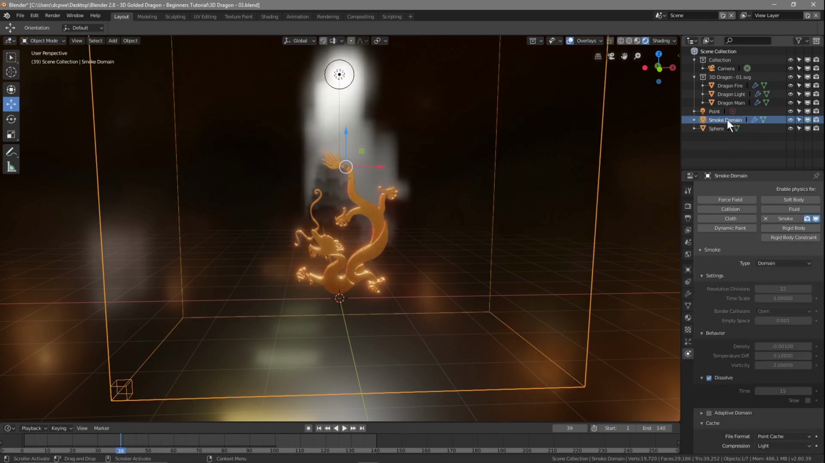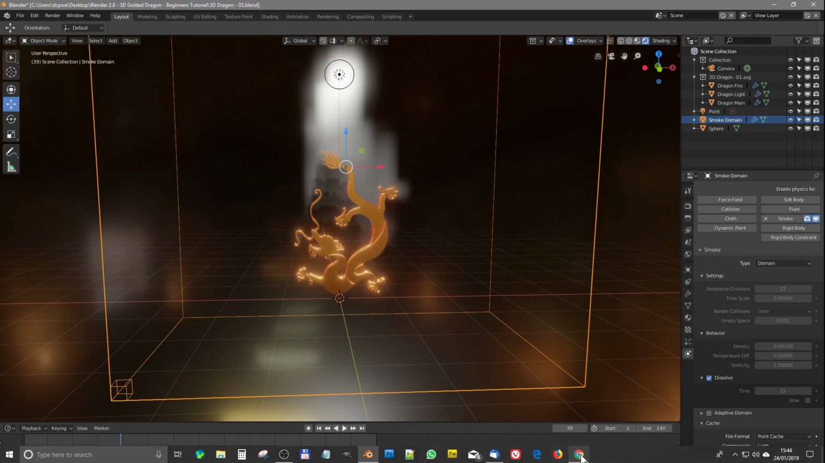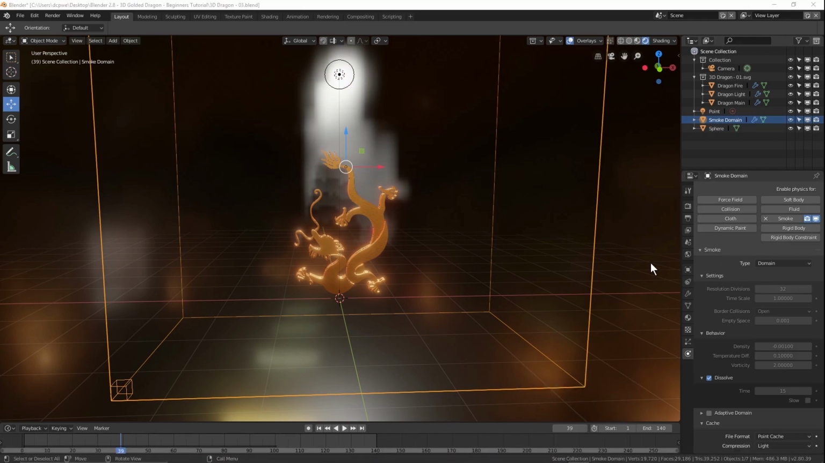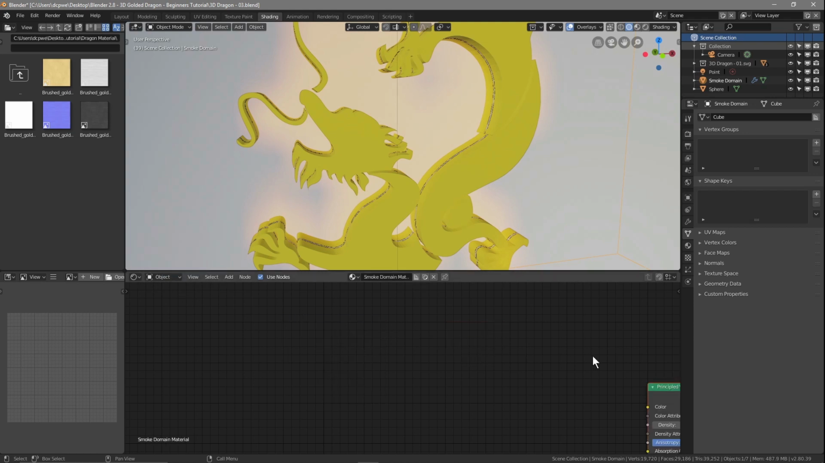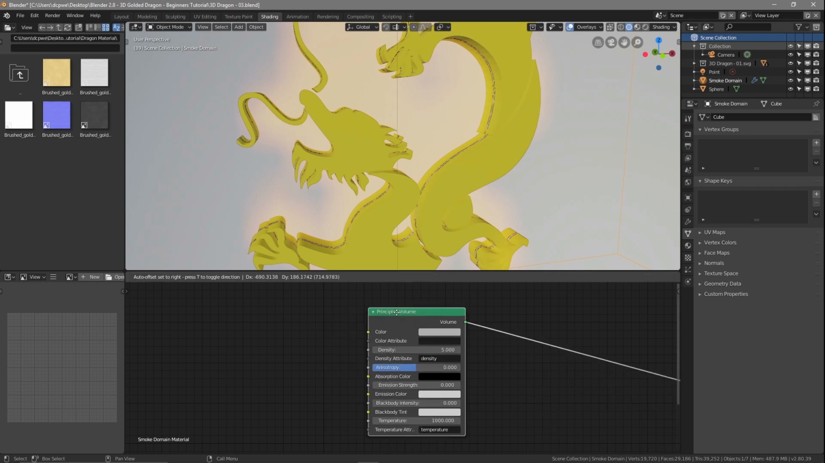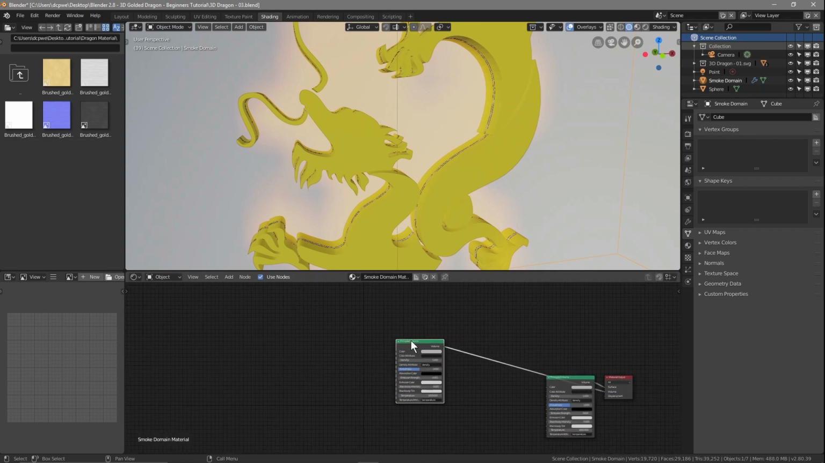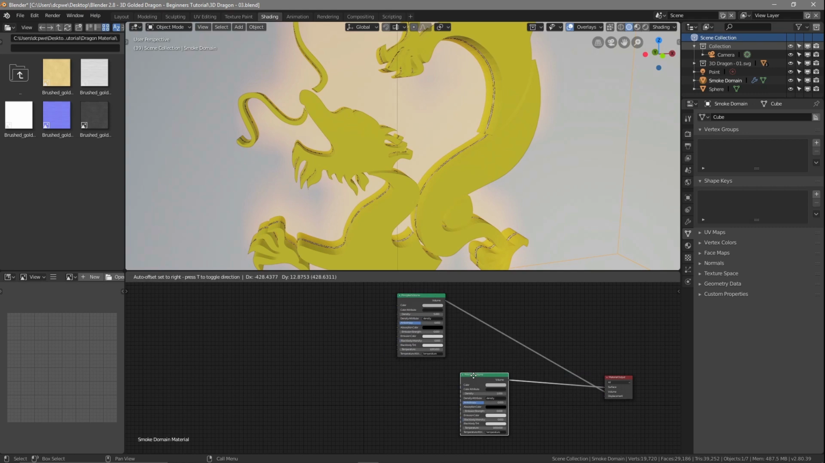So let's click on the smoke domain here. And what we'll do is we'll go to the shading here, and in shading at the moment we're looking at the world, but we want to switch it over to object. So let's just zoom out a little bit here. So we've got these three boxes,